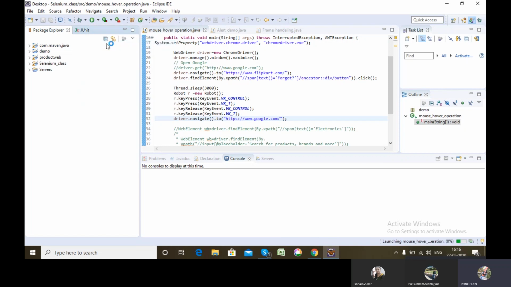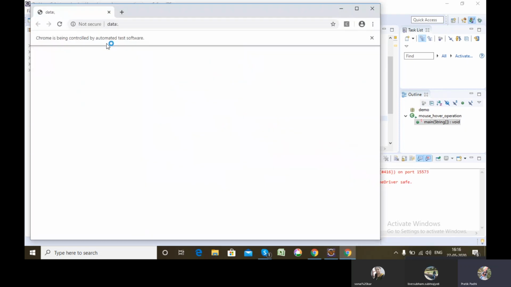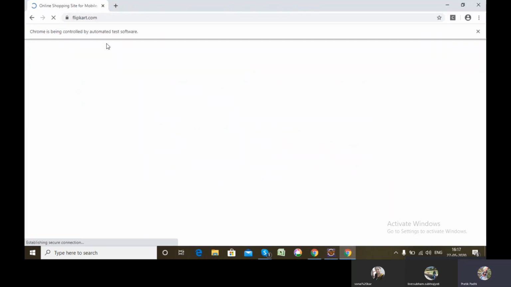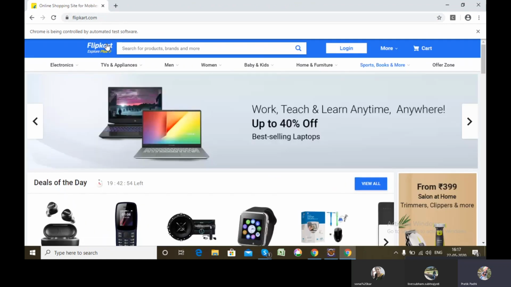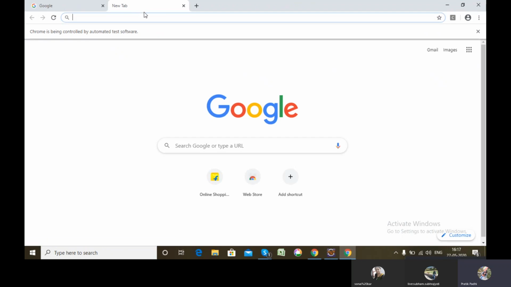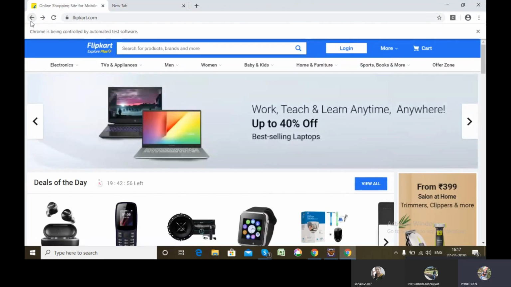Let's say, for example, we are opening a new tab here. This new tab opens when I click a link in Flipkart or any link which is present in this particular tab.